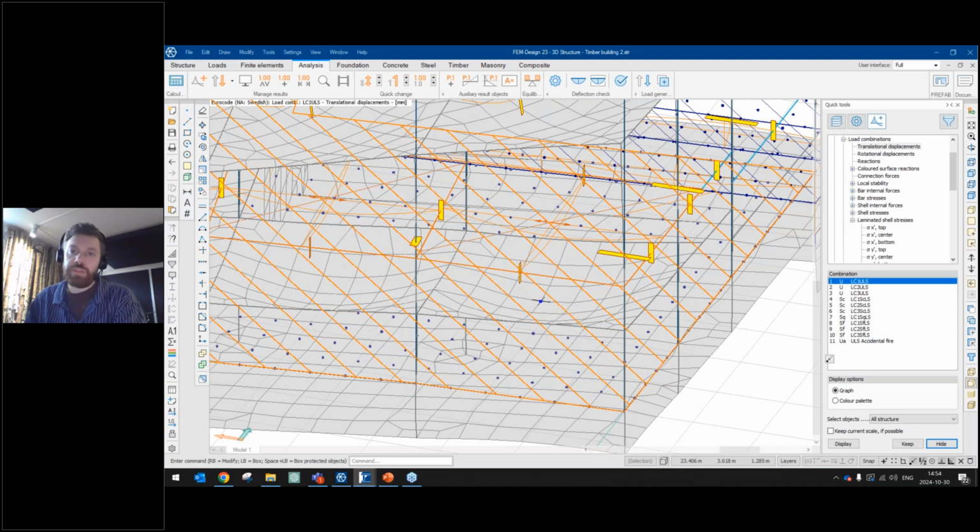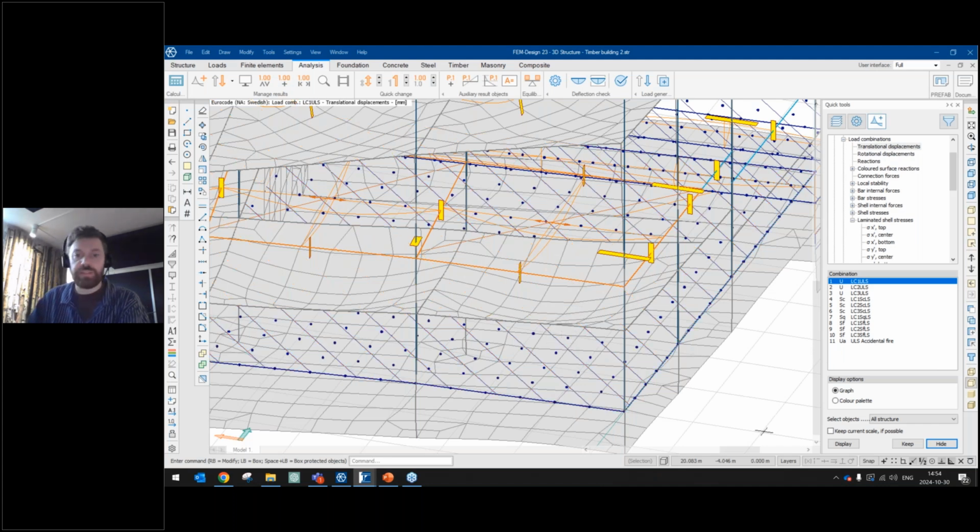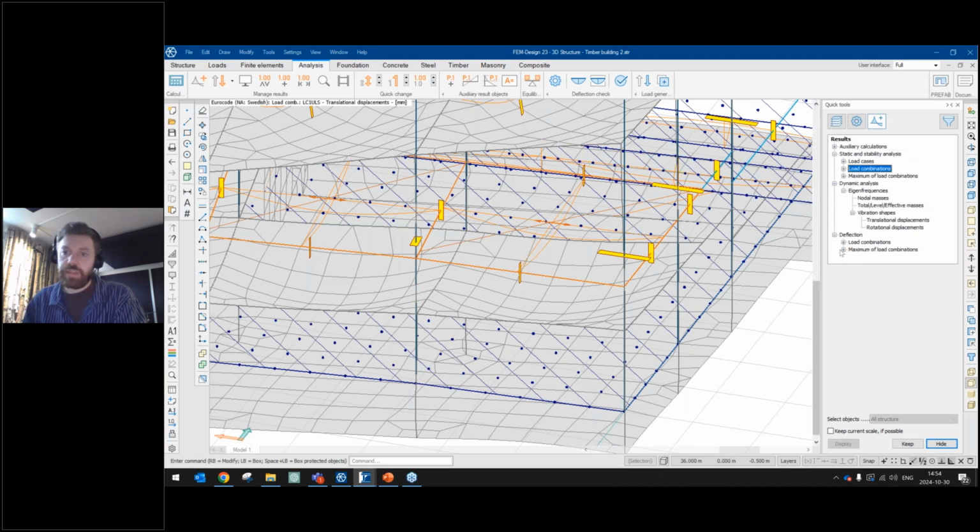But if I'm doing the deflection check, it's the relative displacement. So it will check at the border of this specific element and subtract the deflection at the border to just check the deflection for that individual object, which is what you want, of course, for a deflection check. You are not looking at the global deflections when you're doing a deflection check. You're looking at each individual object, taking into consideration the deflection for that specific object. And that's exactly what I'm getting when I do the deflection check. So I will have a result when I've done the deflection, which can be found here